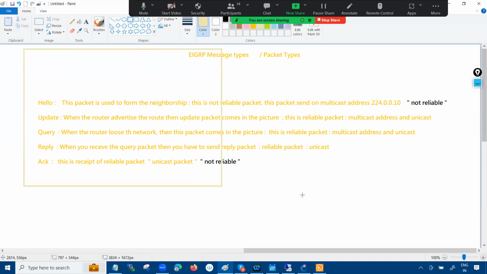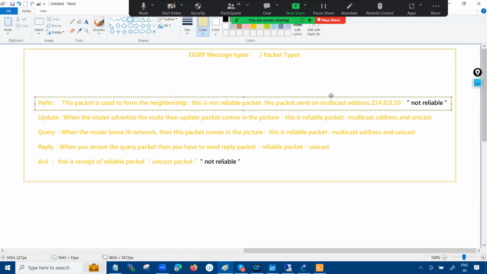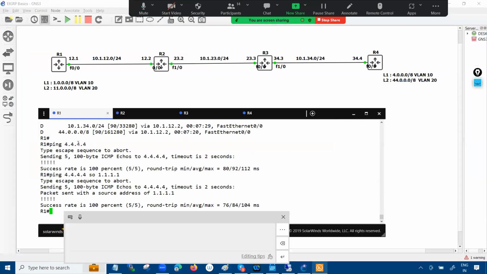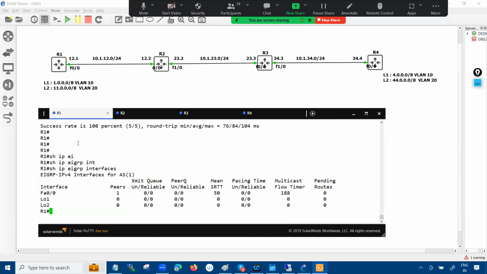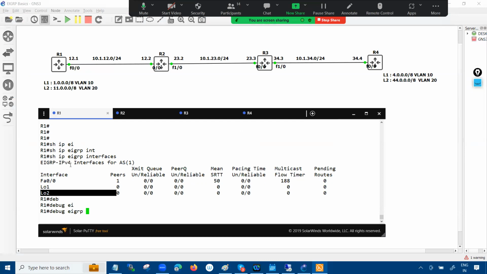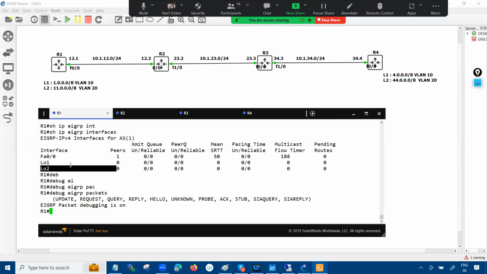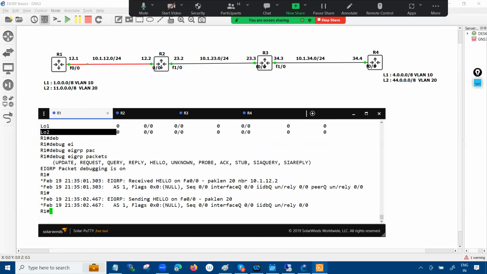I'll explain each packet individually. We have the hello packet first of all, right? If you see the hello packet, router 1 keeps sending it. Whatever interface is enabled in EIGRP will send the hello packet. If you run show ip eigrp interface, these are the interfaces we have enabled in EIGRP: loopback and loopback number 2. If you put the command debug eigrp packets, you can see that router 1 will send the hello packet. And if you capture this particular link,